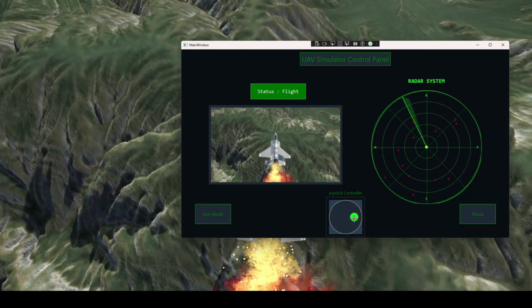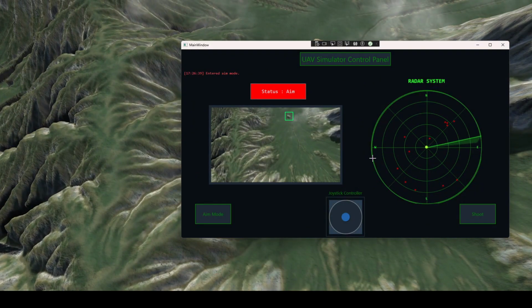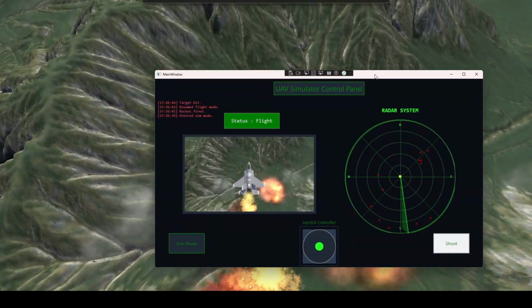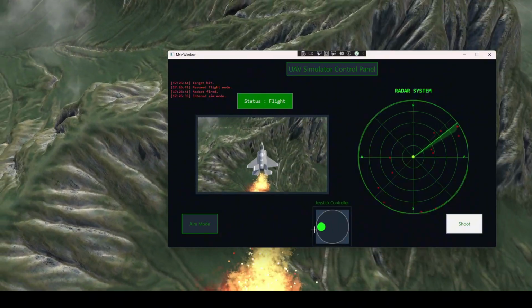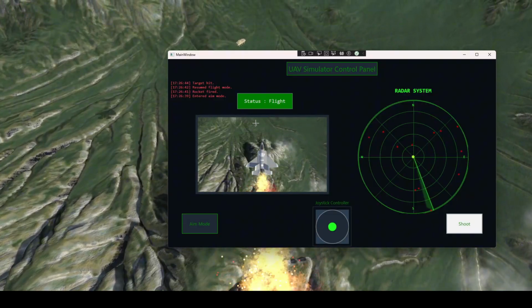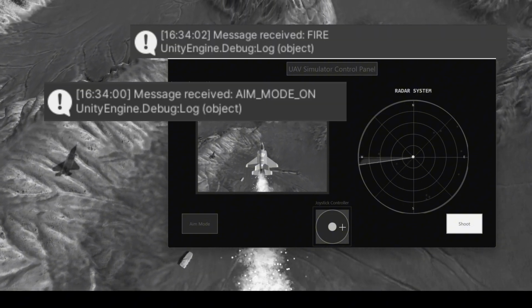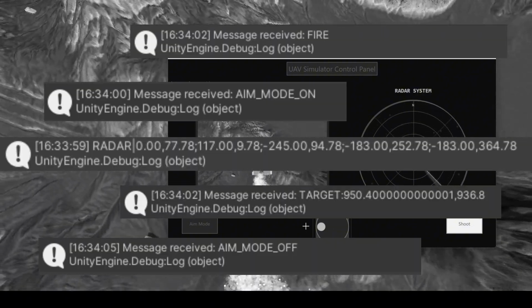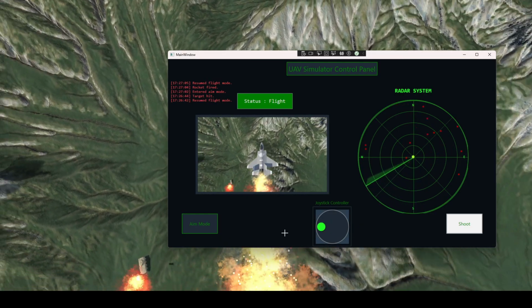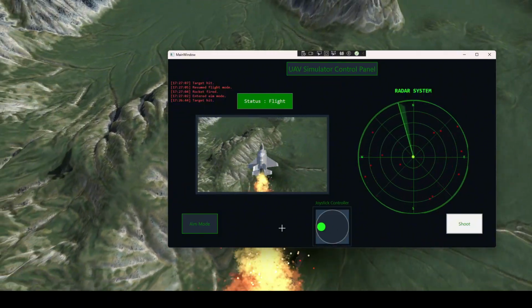Let's dive in. This project is designed as a prototype for real-time control and simulation of unmanned aerial vehicles. Built in Unity, it's designed to receive real-time commands from a WPF-based interface via TCP/IP. The unmanned aerial vehicle is not controlled directly inside Unity. Instead, all actions are simulated based on external commands sent via a WPF interface. The goal was to simulate an unmanned aerial vehicle that can respond to external commands such as target lock, directional